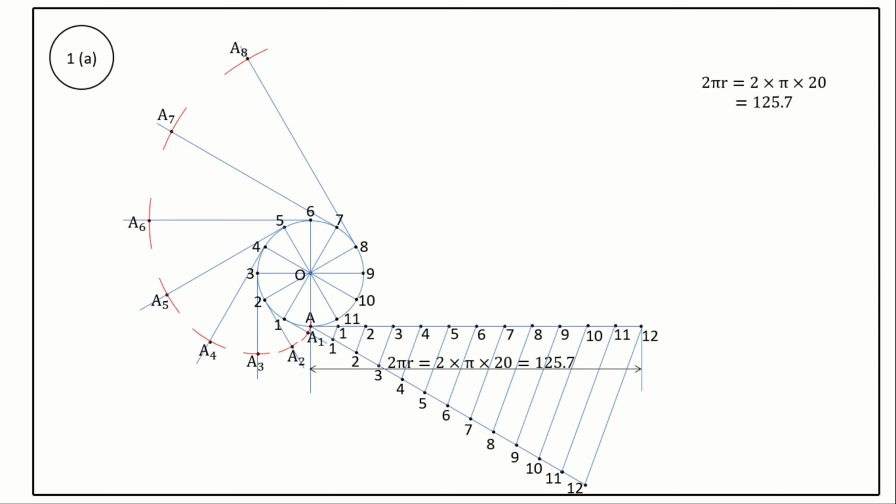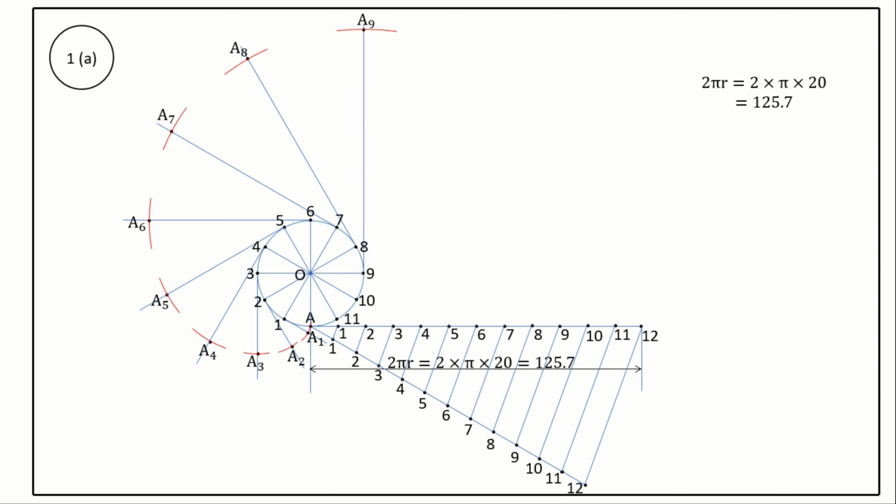Similarly, from the point 9 on the circumference of a circle, draw a perpendicular line to radial line O9. Take a protractor and draw a perpendicular line to O9 from the point 9. This line is tangent to the point 9. Take a compass, measure the length A9 on the horizontal line with center point 9 and radius of length A9. Cut an arc on the line tangent to the point 9. Mark the point as A9.